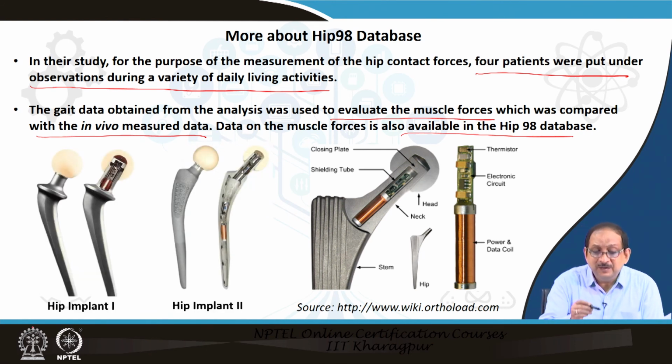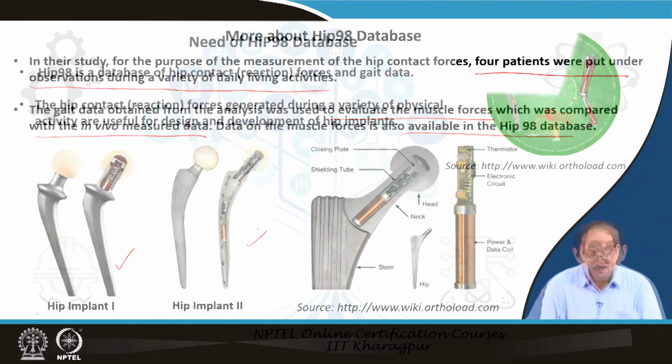Now, in this study by Bergman and Heller, 2 types of implants were used to measure the hip contact forces for 4 patients. So, the first one, type 1, was a cemented implant, and the second, type 2, was an uncemented implant. Type 1 had 1 recipient, 1 patient, and type 2 had the other 3 recipients. Let us